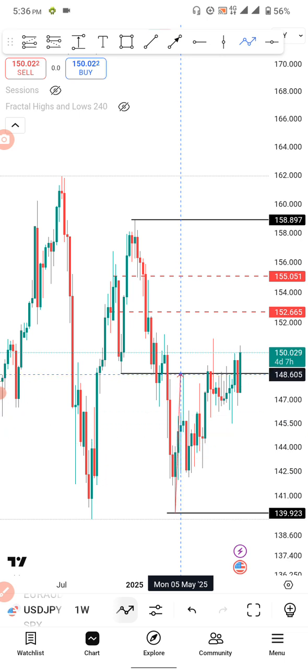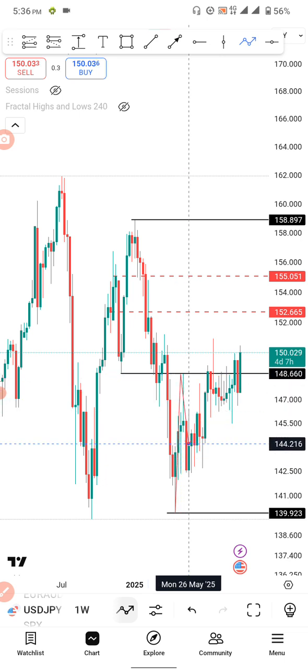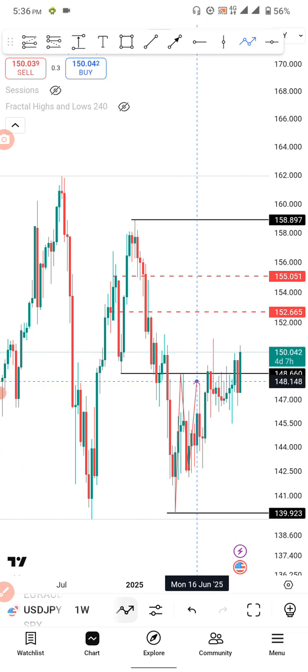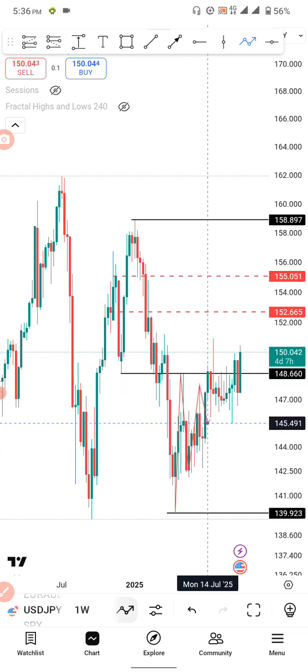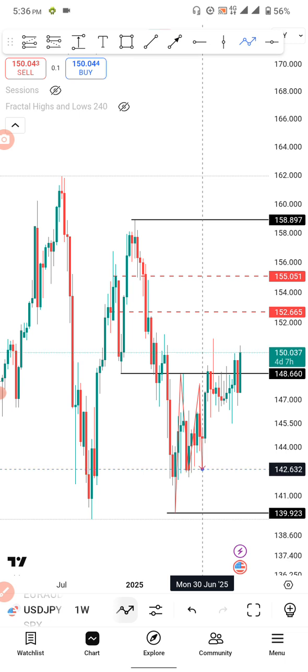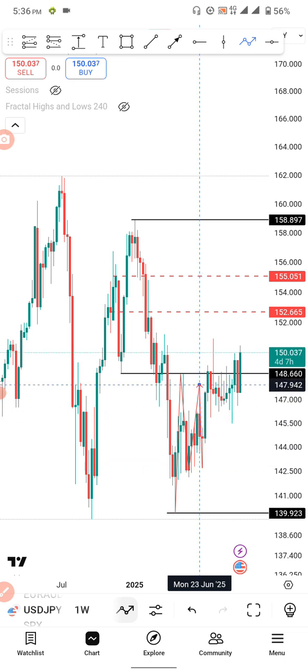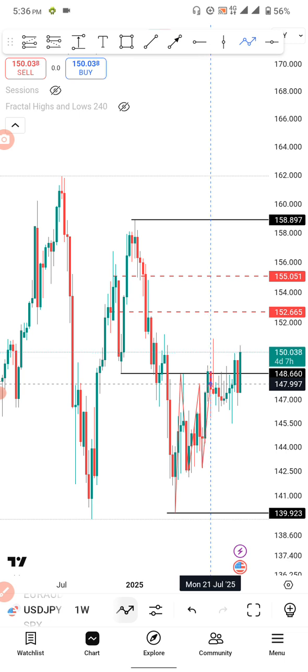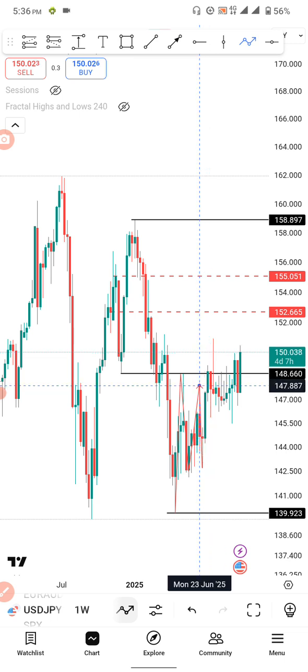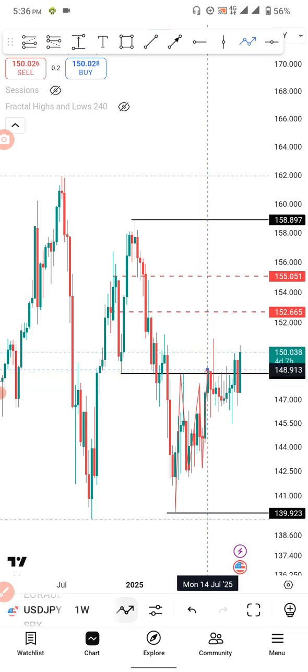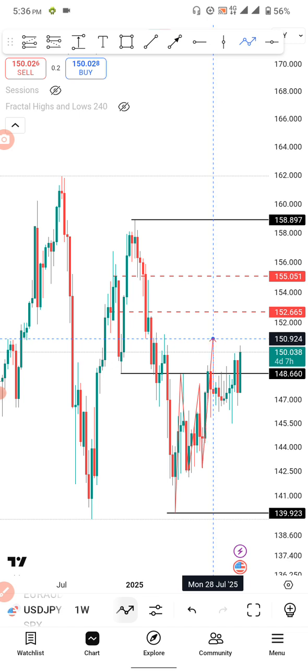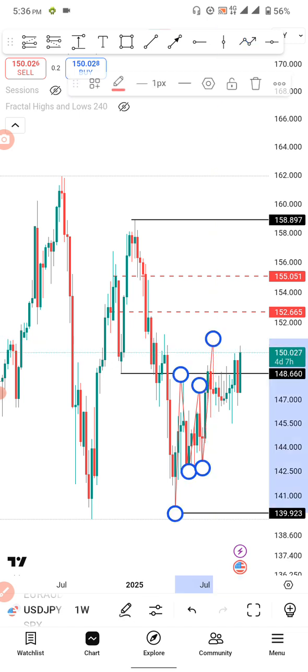We have that high that was made by weekly. We have that low that was made by weekly. We have this high that was made by weekly. We have this low that was made by weekly. And now here we can see this break of structure, or even candle formation, breaking above this week in weekly. I hope you can see. Yes, this is the